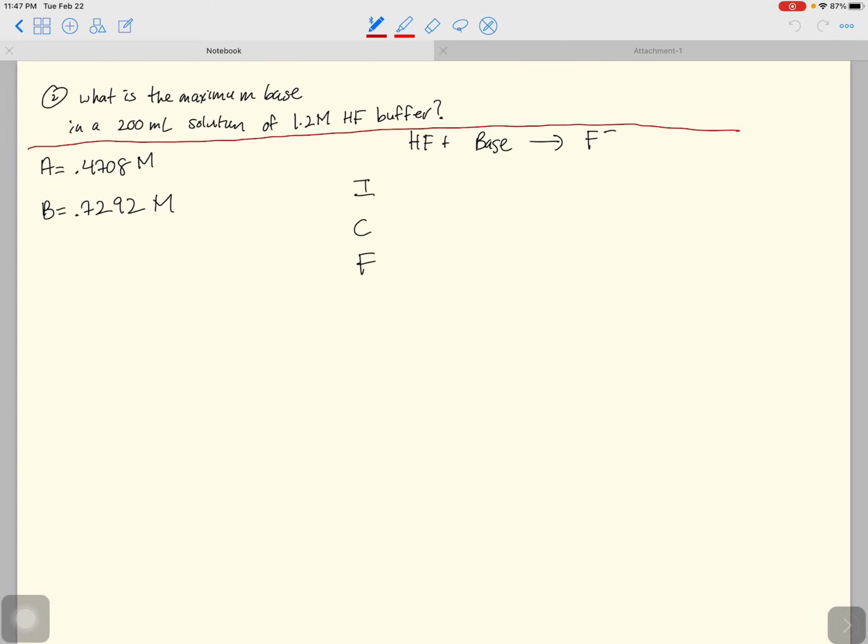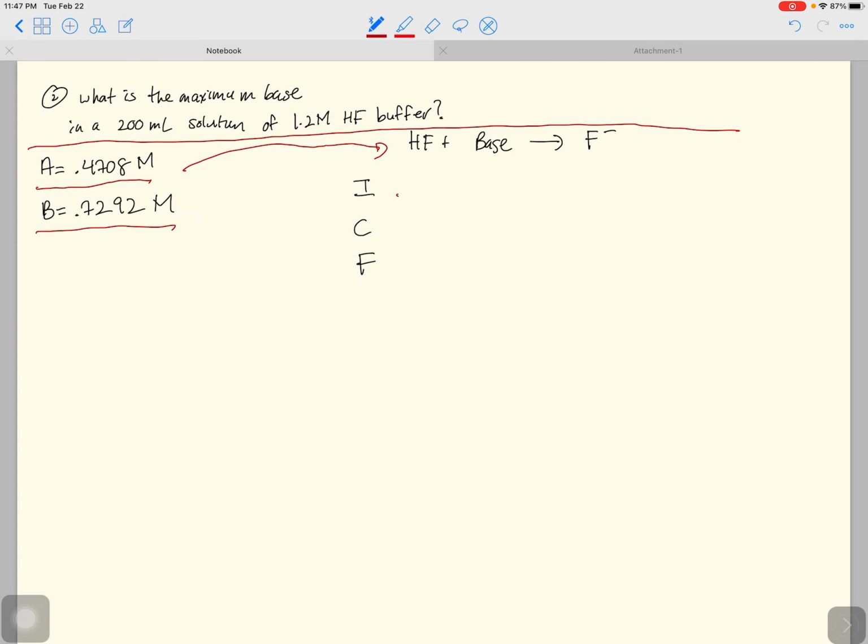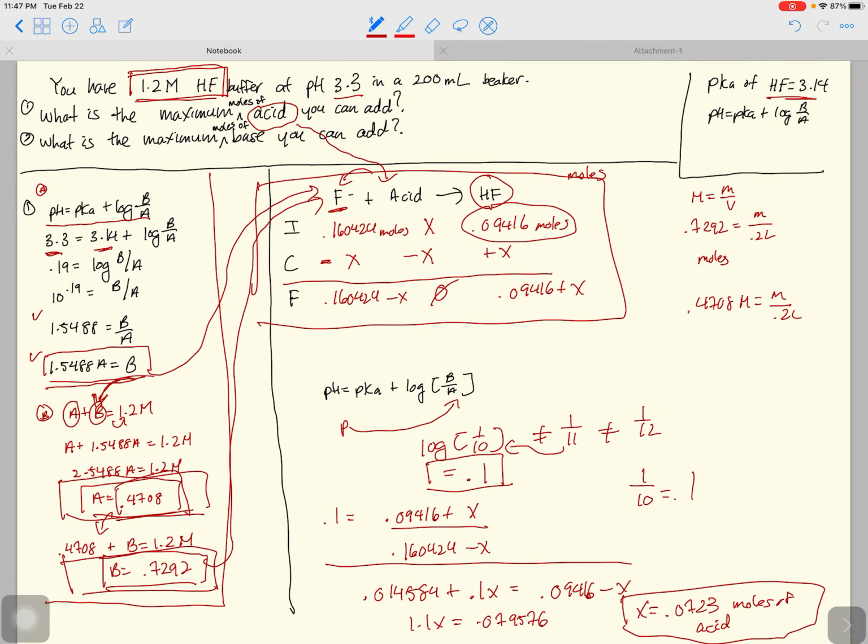The next problem is actually the same problem, but now they're asking what is the maximum base I could add. Okay, so all the numbers are the same. Therefore, from the previous problem, we realized this acid is 0.4708 and the base is 0.7292. And I hope by now you guys know, can I put this right away? Nope. We got to convert that to moles. So the moles from the previous problem was what? 0.09416. And then the moles of base was